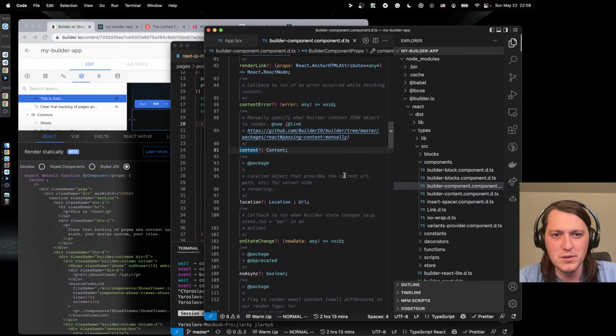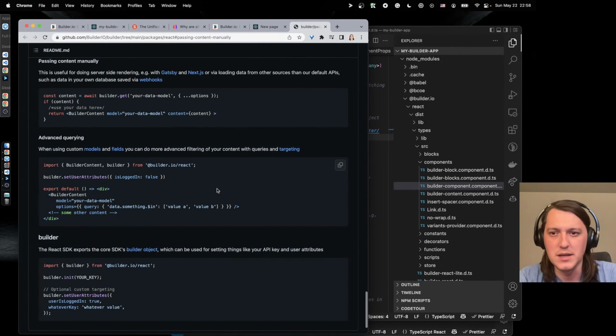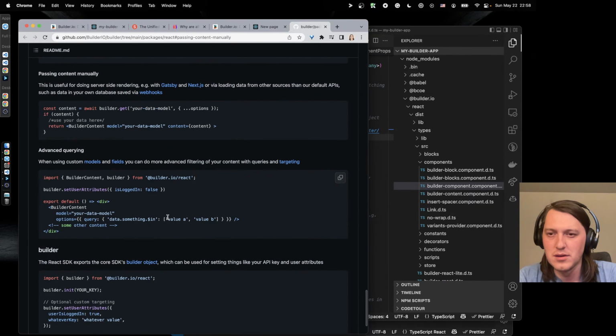Manually specify what builder content JSON to render. Passing content manually. This is useful for doing server-side rendering or via webhooks. Okay, but it doesn't really describe.